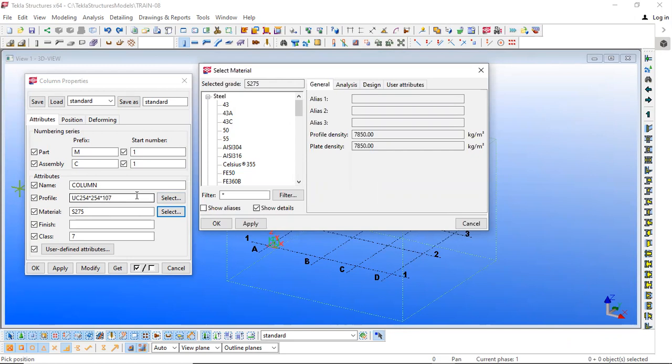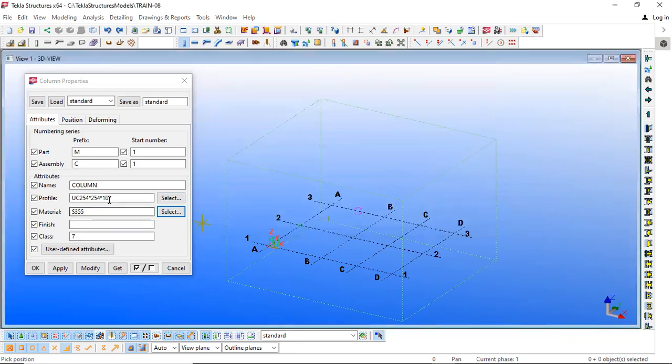So you can choose from the data given here. For example, if S355 is what we need, we just apply like we did for the profile. This is the way we are updating those things, or setting the properties, and then material we have set.